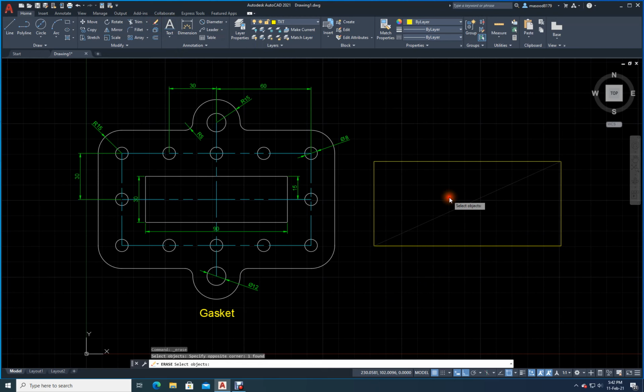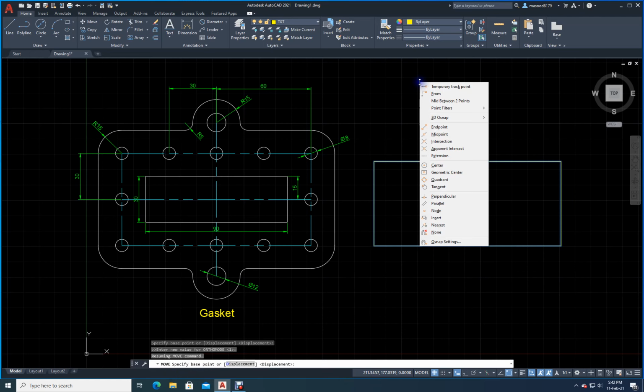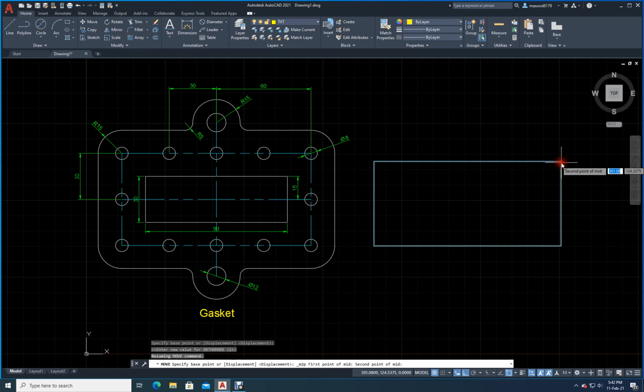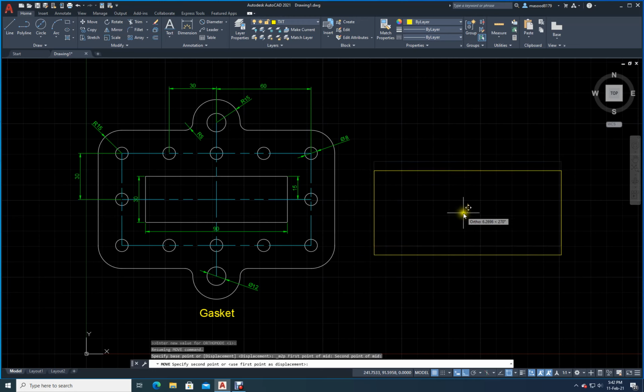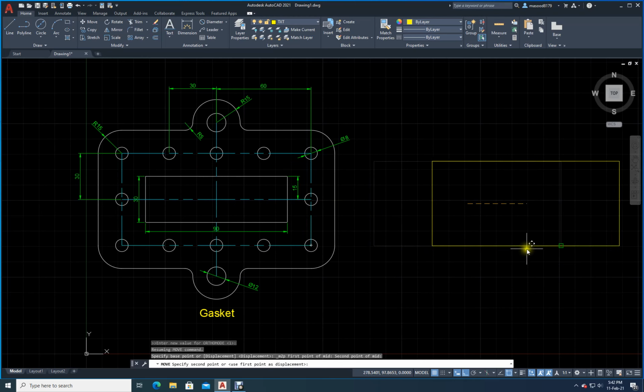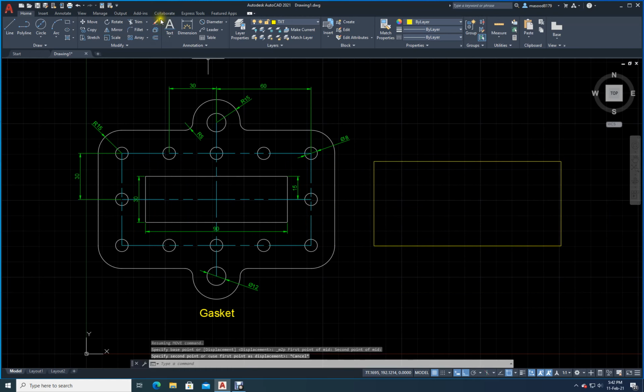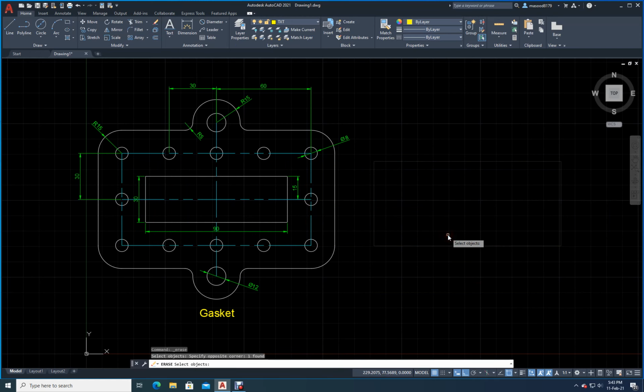The easy way is what? Just move means select the rectangle, enter. It is telling me specify base point. What you have to do is you have to press shift key on your keyboard, press the right button on your mouse. Now you will see here between 2 points. Now just go select this point and select this point. See here, it is catching in the middle of those 2 points. Okay. Then you can bring and put it over here. This is the way of doing. This is a new way. It is easy for you to do the job. So tracking and these type of commands really help you to reduce the time you need to do this drawing.